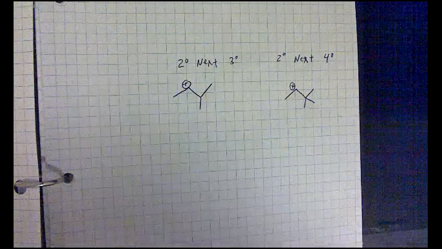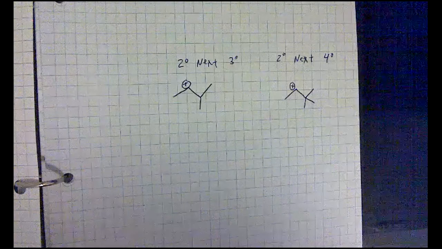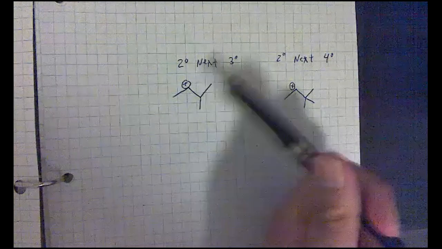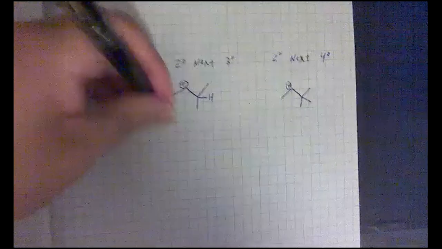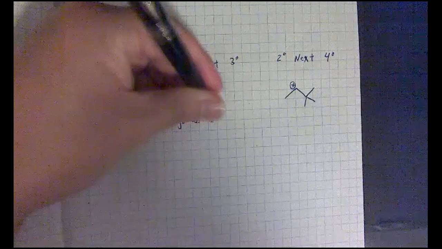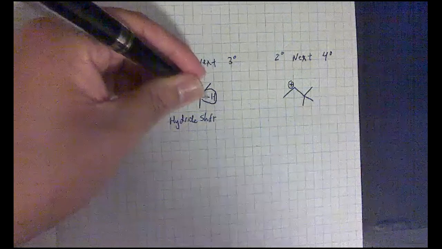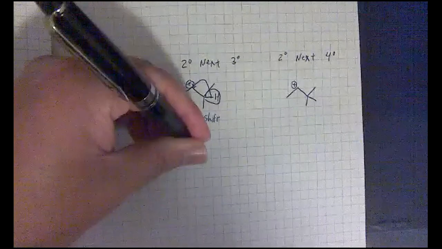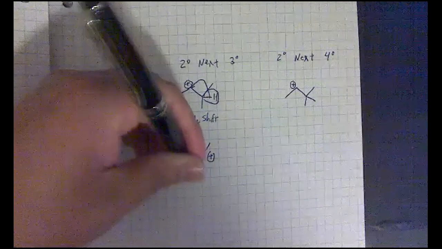Rearrangement. Rearrangement, right? So you take a look and say I have a secondary carbocation. If it's only next to secondary and primary carbons, then don't worry about it. You can't have a rearrangement because it's not going to happen. But if you have a secondary next to a tertiary, you will always have what is called a hydride shift. Essentially, a hydride, so the hydrogen and the bond on the tertiary carbon are going to move to where that carbocation is at. So now your carbocation will be on this carbon, and you will now have a tertiary carbocation